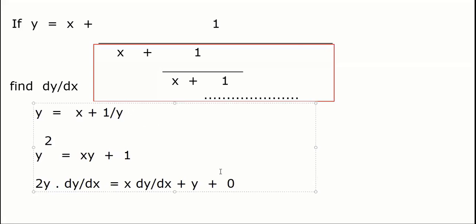So take dy by dx common: 2y minus x. There is one step we are not doing: first we move this x term to the left side. So we get dy by dx times (2y minus x), and on the right side we are left with y. Finally, my dy by dx would be